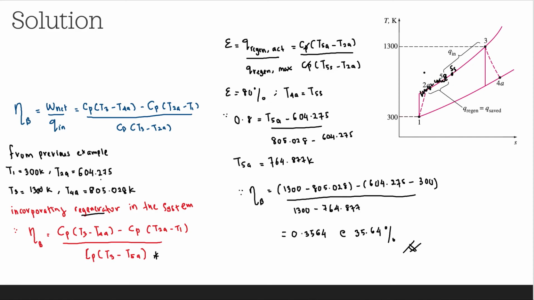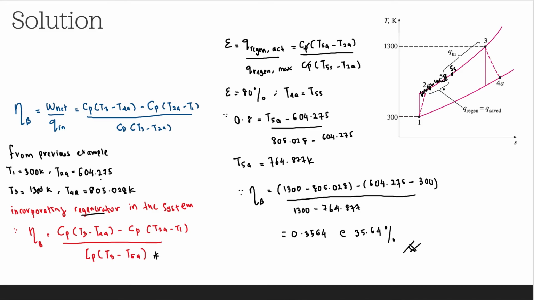So for actual it is Cp (T5A minus T2A), and for maximum it is Cp (T5S minus T2A). Please don't get confused between Q regeneration and Q in. Q in is here. Okay, so given here the effectiveness is 80%, which means 0.8, and here T4A is equal to